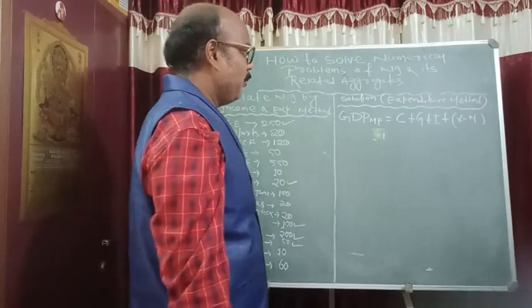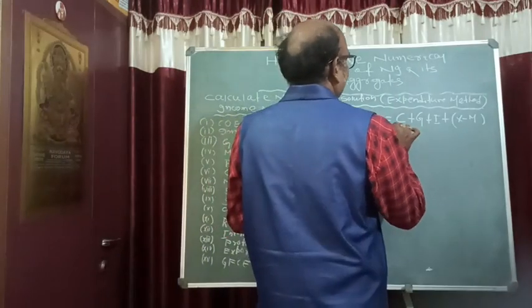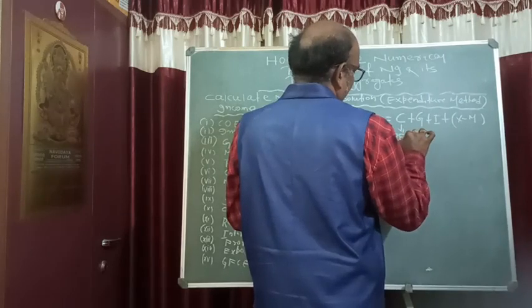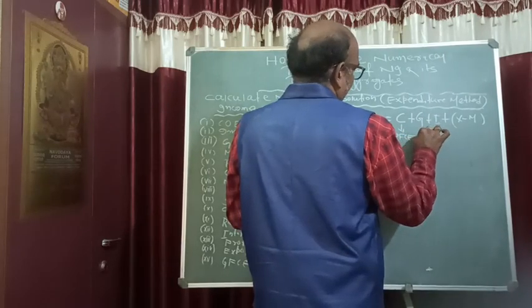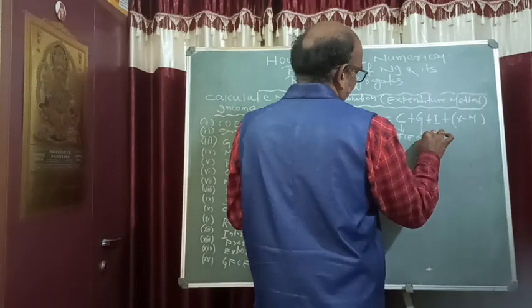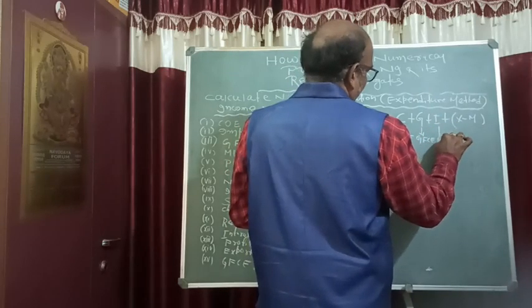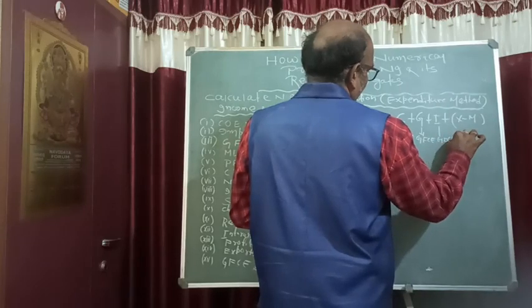C is your private final consumption expenditure. Just for your recapitulation, it is private final consumption expenditure. What is your G? Government final consumption expenditure. What is I? I is the gross domestic capital